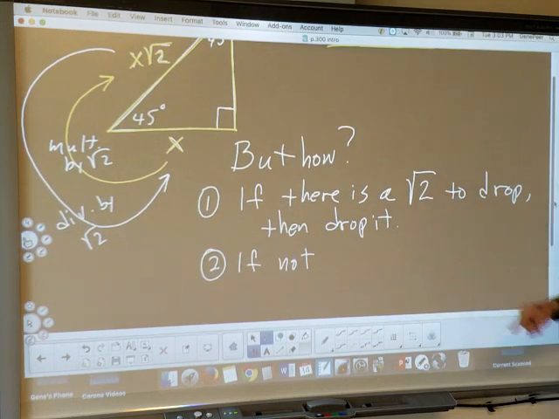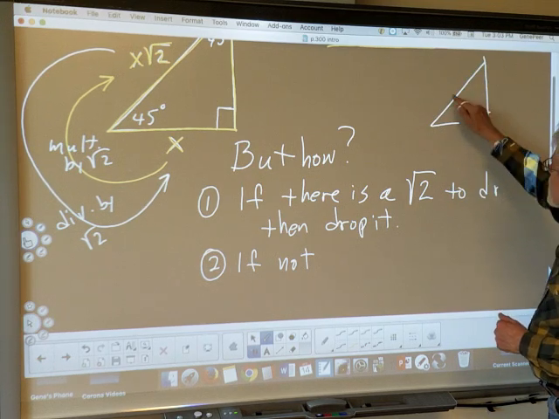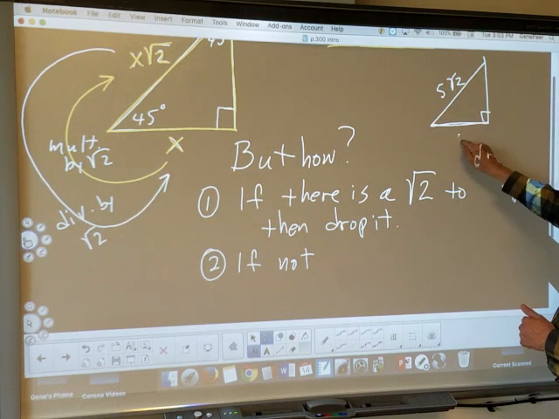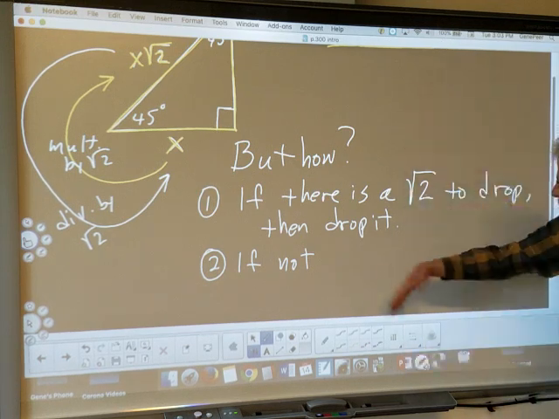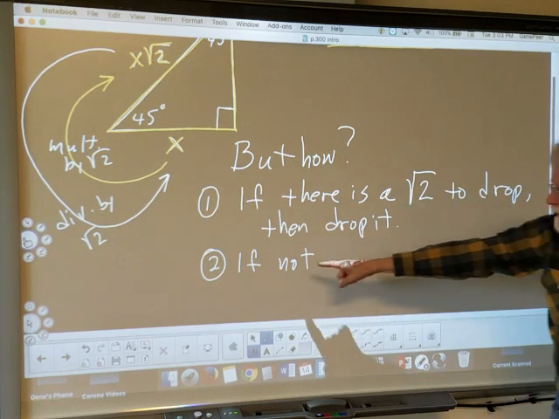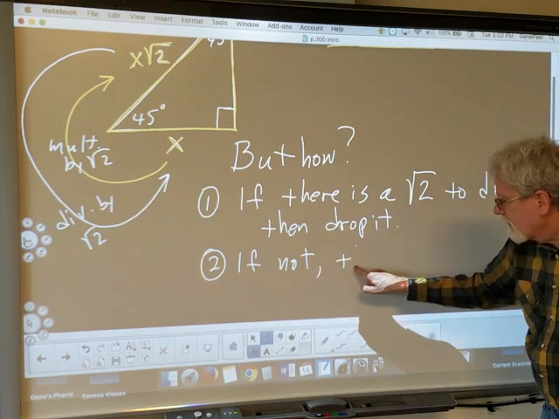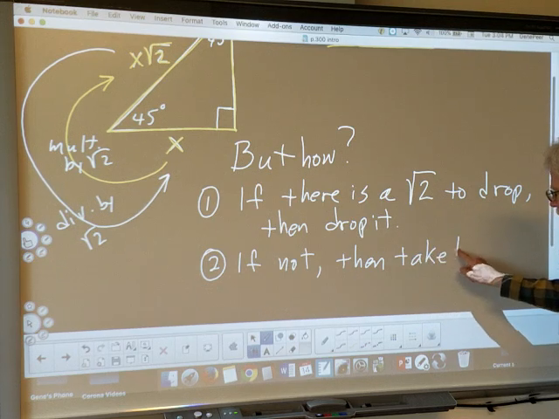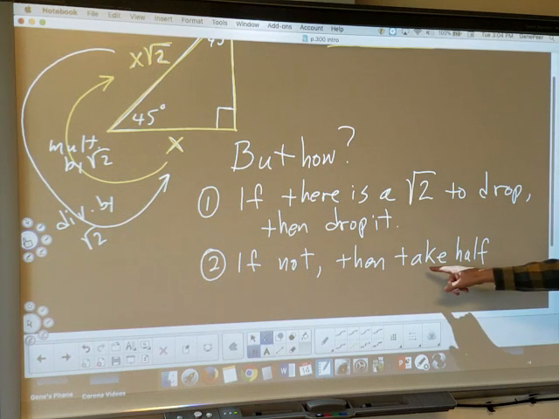If there's a square root of 2 to drop, then just drop it. In other words, if this had been 5 square root of 2, then the leg is just going to be 5. But if there is not a square root of 2 to drop, if not, then what do? We divide by 2. You know, that's not easy to say one thing and write another at the same time. Divide by 2